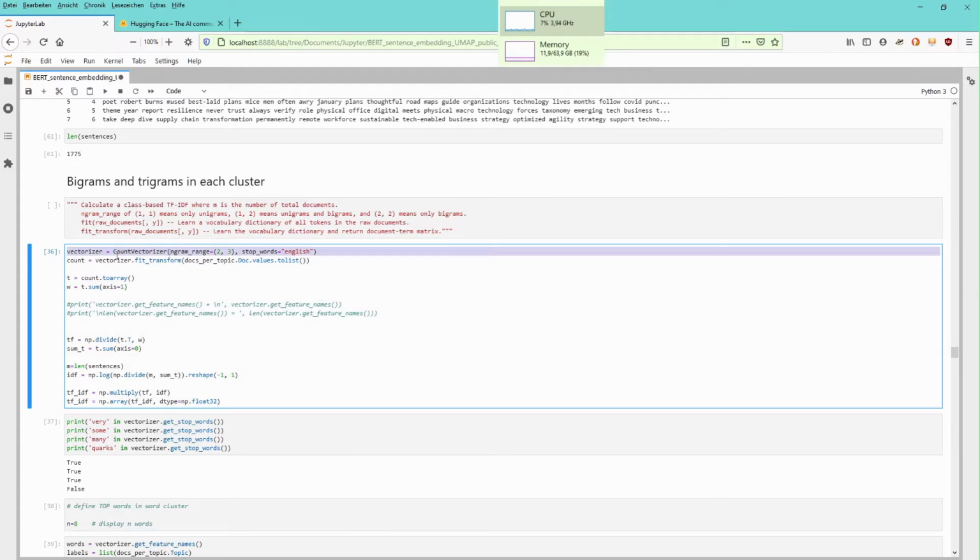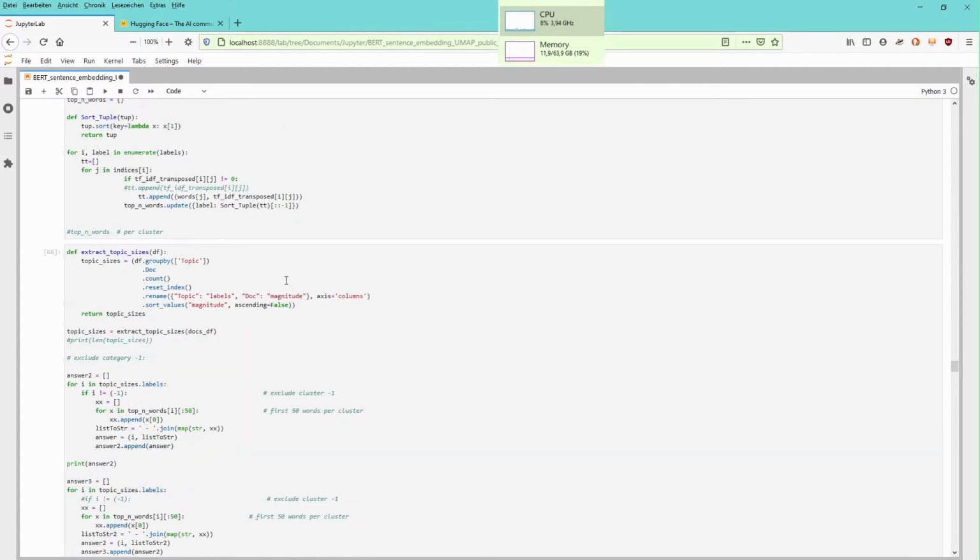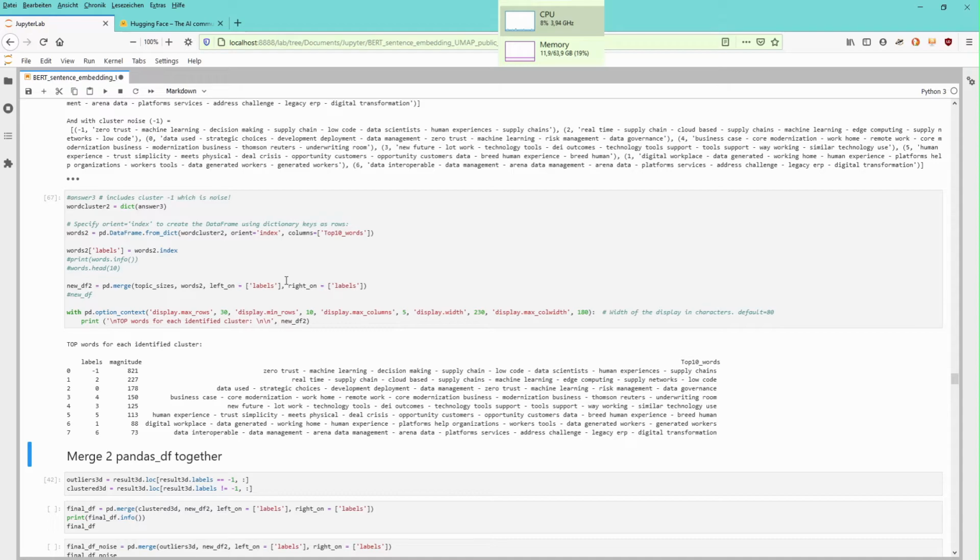It's easy to achieve because we activate our count vectorizer. And from the n-gram range, 2 stands for bigrams and 3 for trigrams. So I want to have all the bigrams and trigrams that are available in my document to be depicted. And we end up with something like this. It's a data frame. It shows us